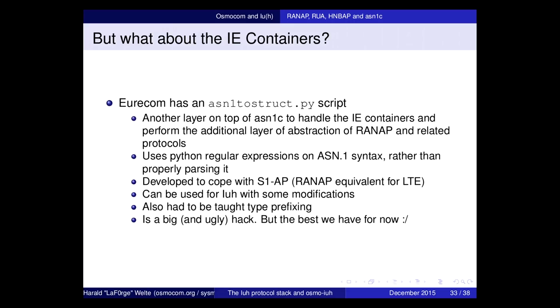And then based on those regular expressions, generating C code that you can then use with ASN1C and link against it. And surprisingly, it works, surprisingly good, actually. We had to teach it all the things that we needed in addition to that, but really it works surprisingly well.